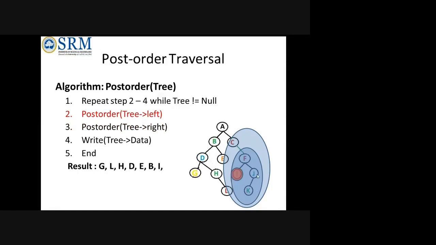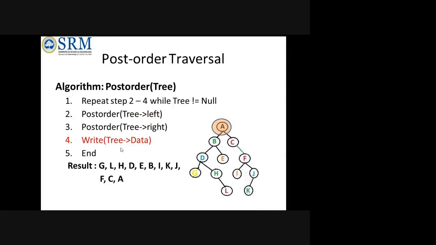Then only it will come to J. When it comes to J, it will know that it is having a left child. So K only will be printed first. Then K is not having any left and right. So it will go to the root node. Then root I and J is over, F. Then C, then only A. So when you have time, please go through this once again with the PPTs.